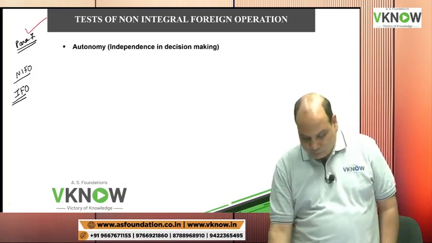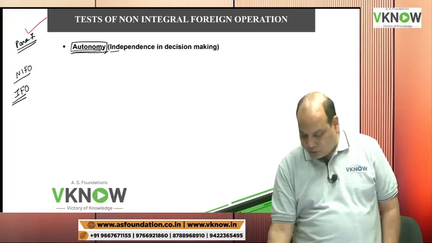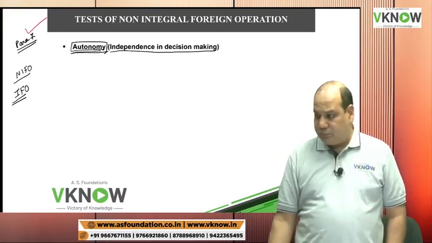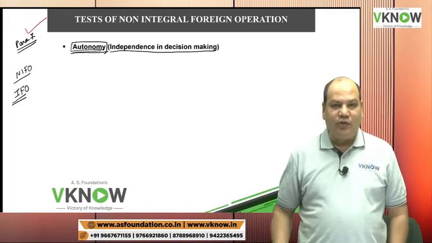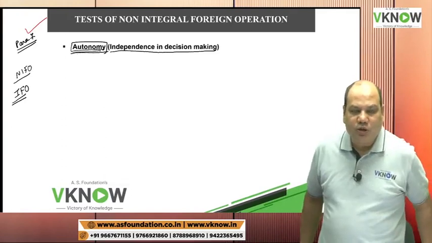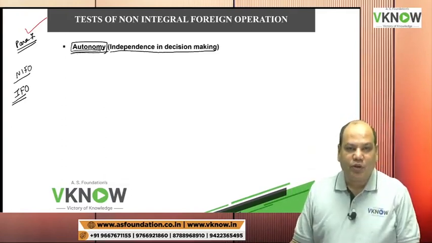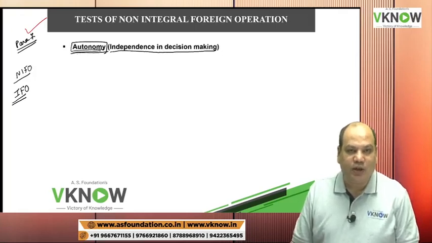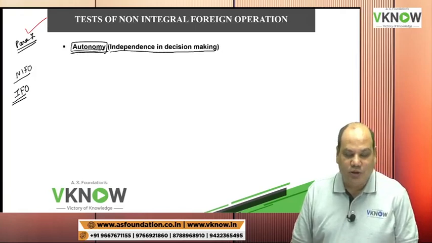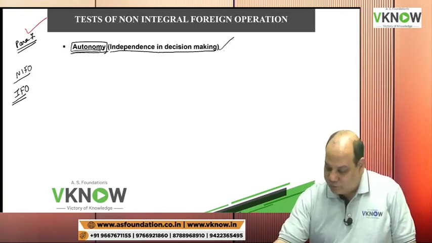First thing, the foreign operation, if it has got autonomy, write down there, autonomy means independence in decision making. That means foreign operation can decide for itself. They do not have to listen to the dictates of the parent company or the reporting company. They are free to take their own decision. So they are free to decide